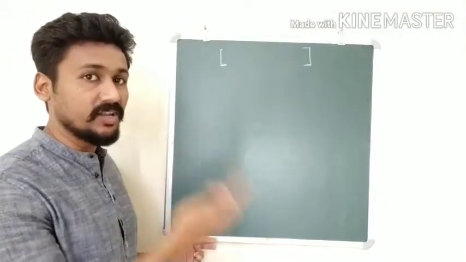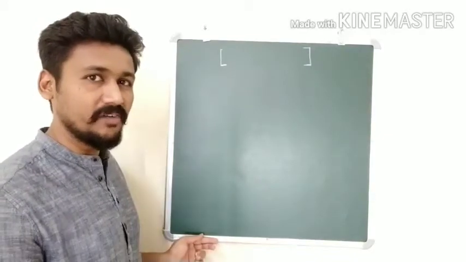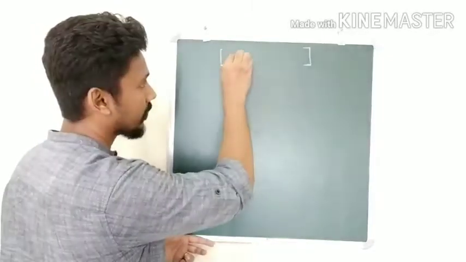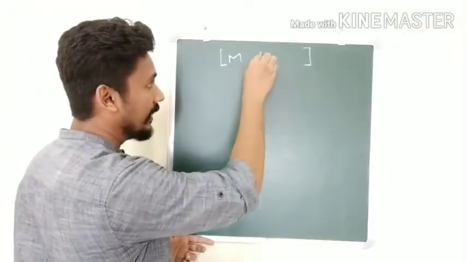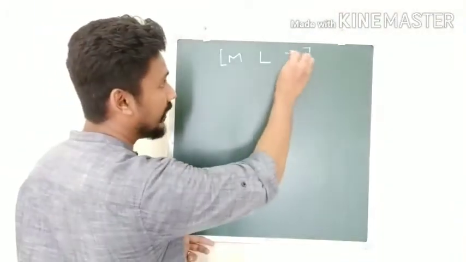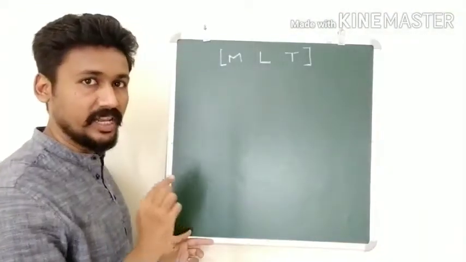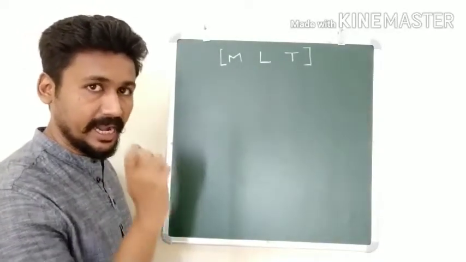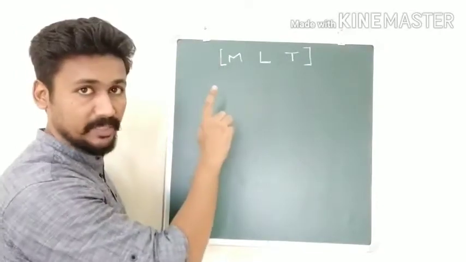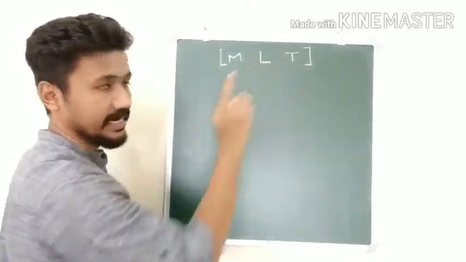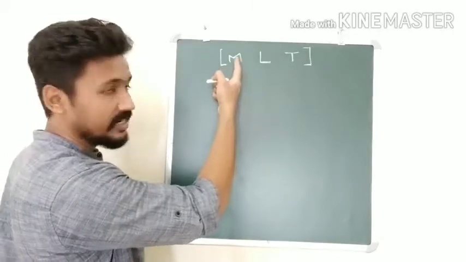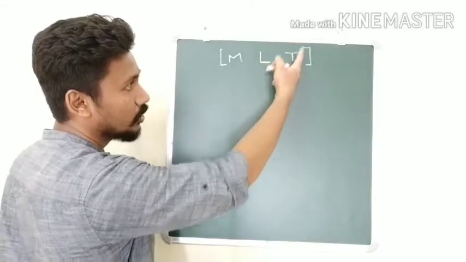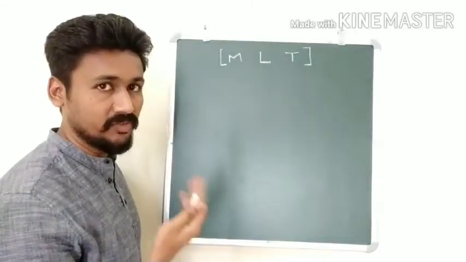Of course we can have 7 of those fundamental quantities, but for our purpose we will focus only on the 3 fundamental quantities, which are M, that is the mass, L, that is the length, and T, that is the time. Okay, whenever we are going to write, we will focus only on these 3 fundamental quantities. And once again, let me repeat, we are going to write dimensional formulae always in these square brackets like this. Then we have written M, so we have to specify to what power mass is raised, to what power length is raised, to what power time is raised. Let us see what we mean by that.